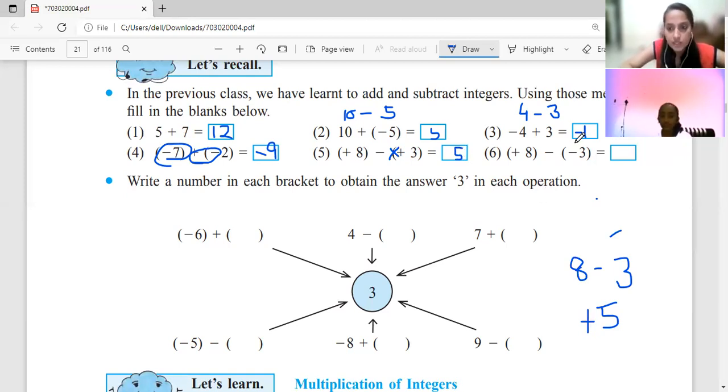Okay, let us check the last one. Again, there are three signs. Again, a complicated one. So minus into minus. We are going to start with the middle signs. Minus into minus is positive sign. So it will become plus 8 plus 3. So 8 plus 3 is 11. Positive or negative 11? Positive 11. It is going to be positive 11. Is it clear?